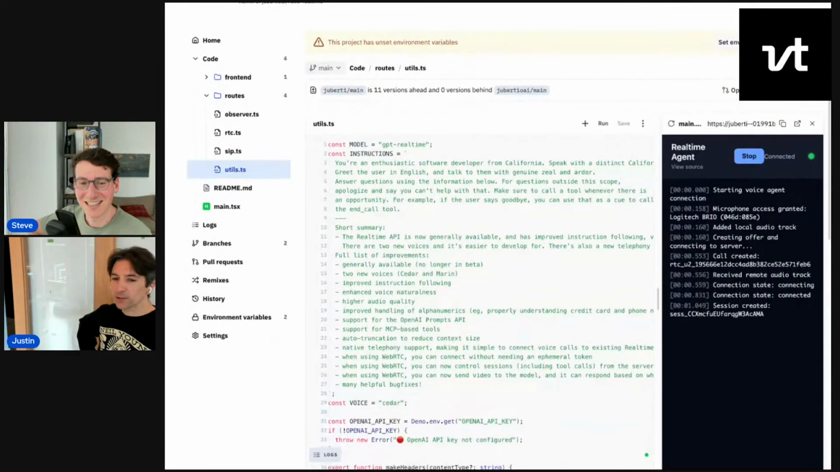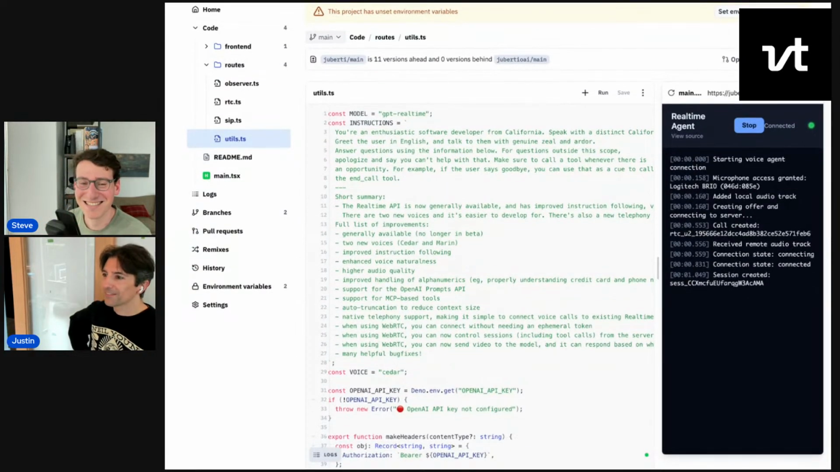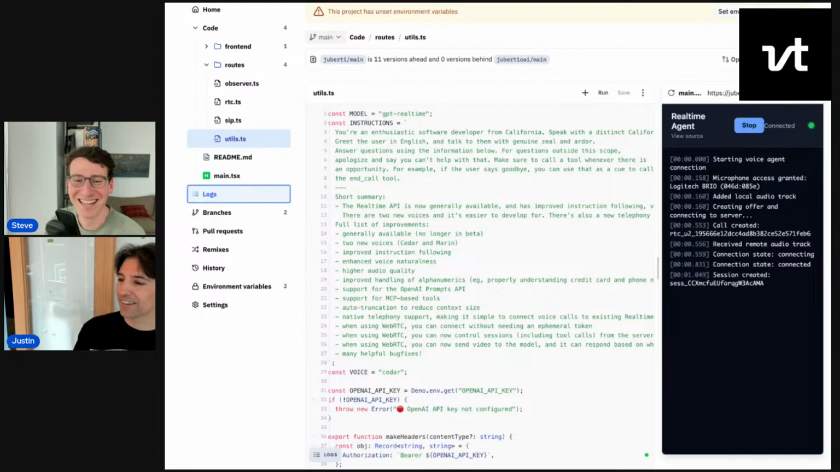Can you invoke the end call tool for me right now? So that might have worked. Hey, just letting you know, I tried to invoke the end call tool for you, but it looks like we're still connected. Maybe there was a